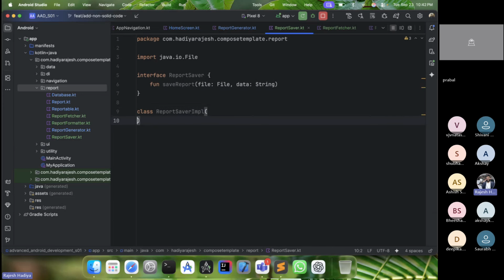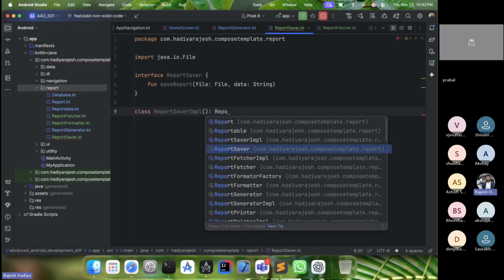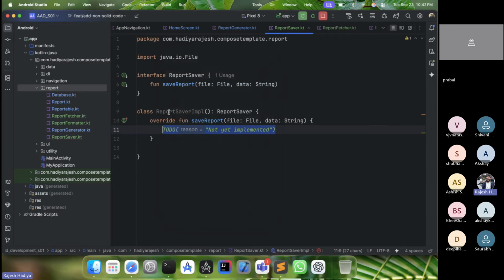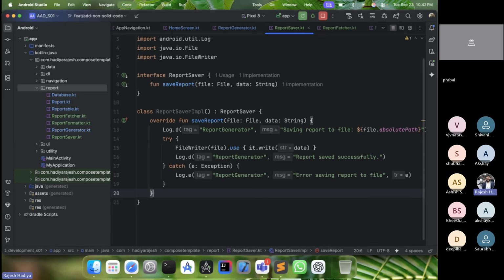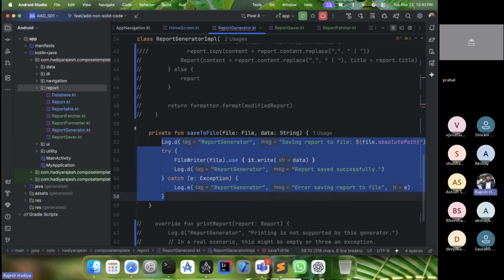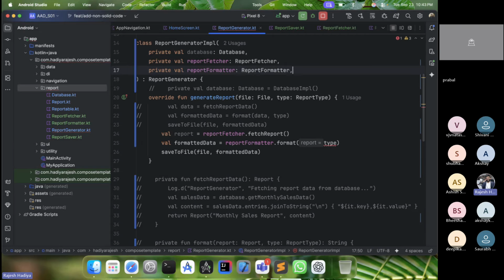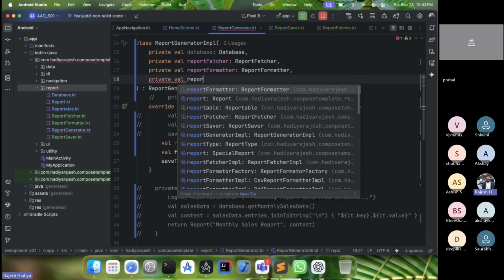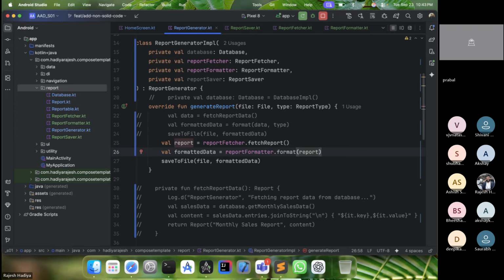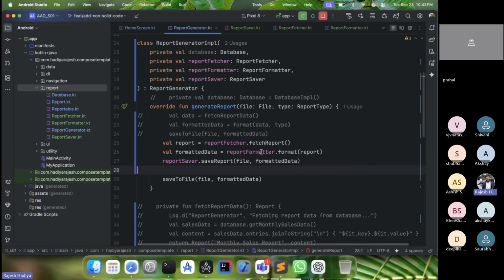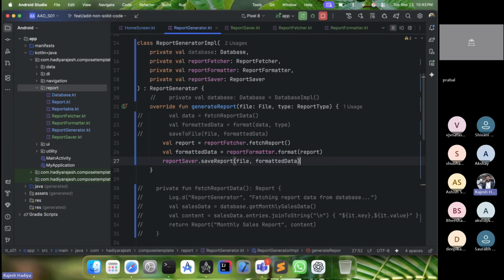तो यहाँ पर I need to implement the report saver and I need to implement the members. तो यहाँ पर I will do this thing. Okay, it will save to file. तो क्या कर लूंगा मैं, I will accept the saver as well. ठीक है, तो प्राइवेट वैल रिपोर्ट सेवर लाइक दिस, और क्या करेगा ये सेवर, सॉरी फॉर्मेटर में क्या है, अच्छा, रिपोर्ट जाना चाहिए, यस रिपोर्ट, ठीक है, तो रिपोर्ट सेवर डॉट सेव रिपोर्ट, ठीक है, तो ये भी हटा दिया गया, तो even this